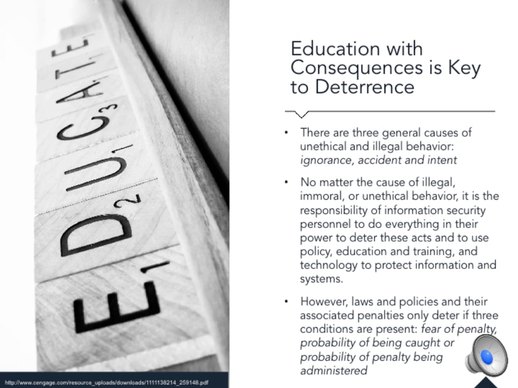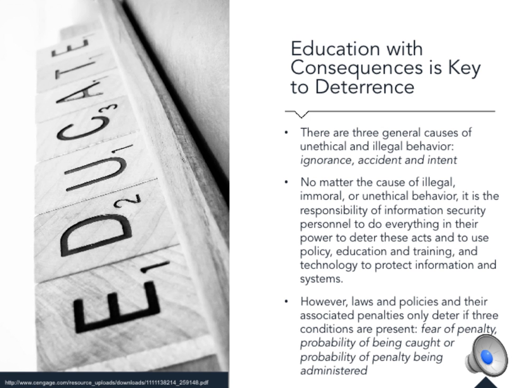As we discussed, employees can engage in unethical behavior for many different reasons, the bulk of which fall into one of 3 categories: ignorance, meaning they didn't actually know they were acting unethically; accident, meaning they acted unethically without actually meaning to; or intent, meaning they acted unethically on purpose but didn't think they were going to get caught.